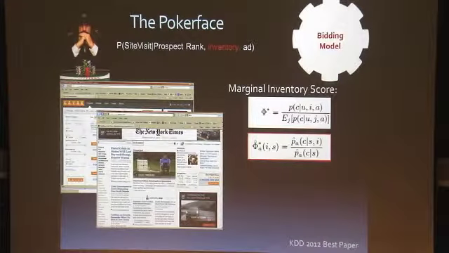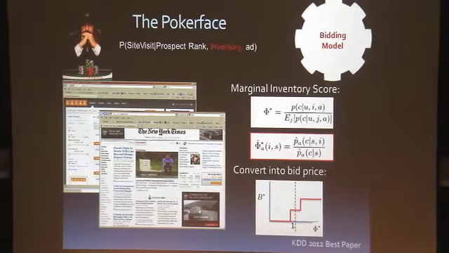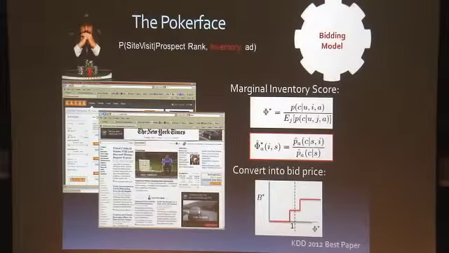Now, it turns out you can get away with not having to deal with the expectations and the integral at all in machine learning. The nice thing is you just drop the feature from the estimator and you lose the conditioning. It automatically integrates over the empirical distribution. So all we're going to do is build two models, one that predicts with the inventory as a feature and one without, and we take the ratio. At this point, we know that the site is maybe twice as good as average to show an ad for a specific campaign. So now we translate this into bid price, and we have different strategies. Some are cutoff functions, say never bid on the bad stuff, only bid on the good stuff. Another one is just multiply the base bid price by that ratio, like a value calculation.